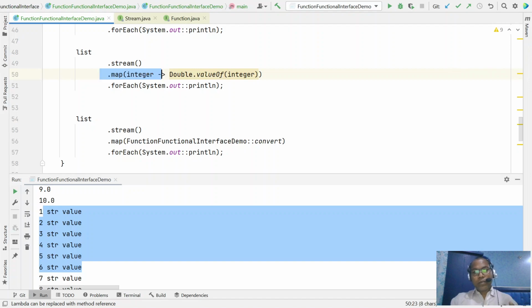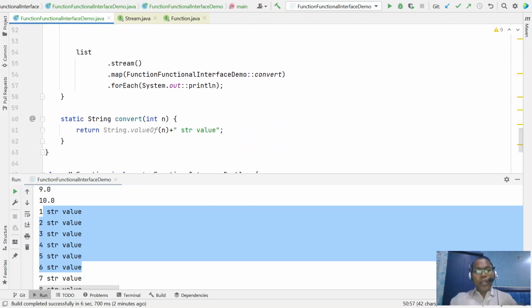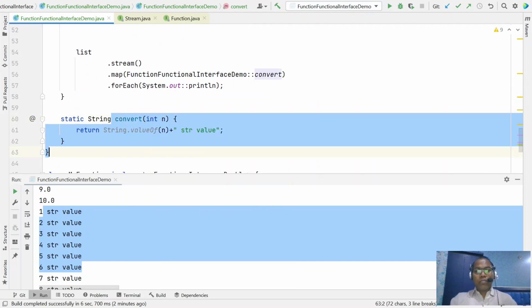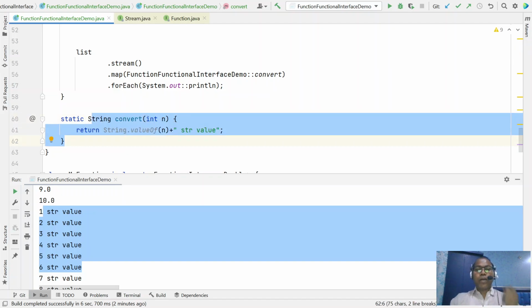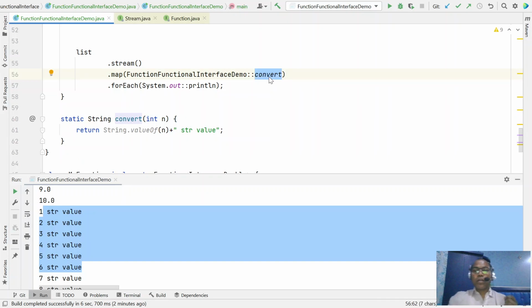Even if I write the complete code using a lambda expression, or you don't want to use a lambda expression, any class just follows the method signature; the class name and method name are irrelevant, only the input type and output type must match. If your method takes an input and returns an output, you can pass this method here using a method reference.